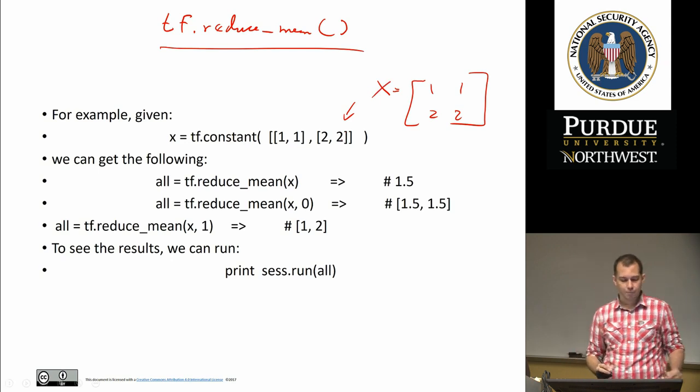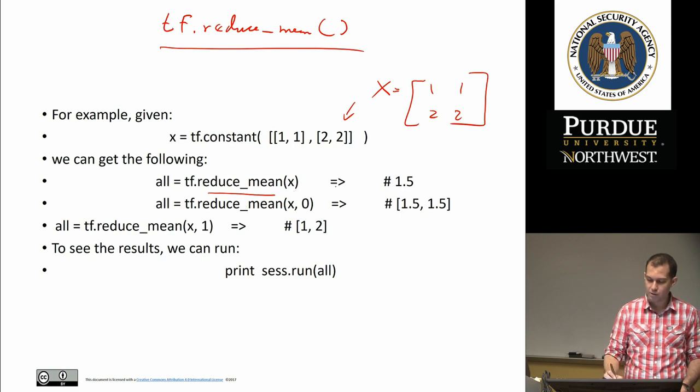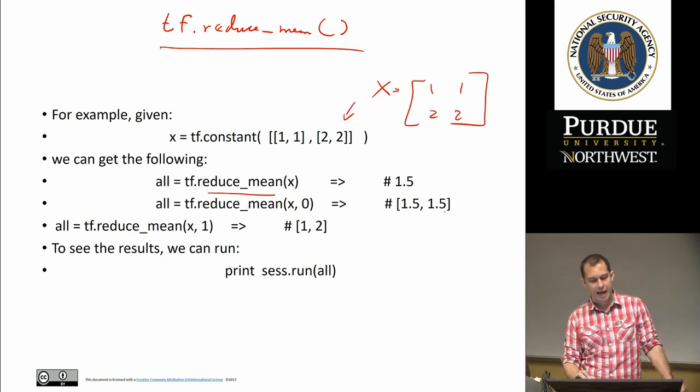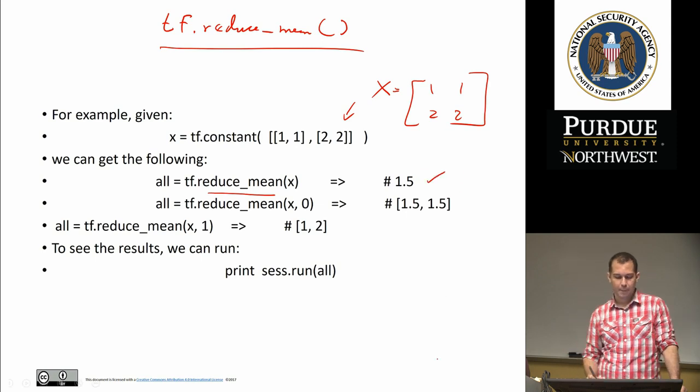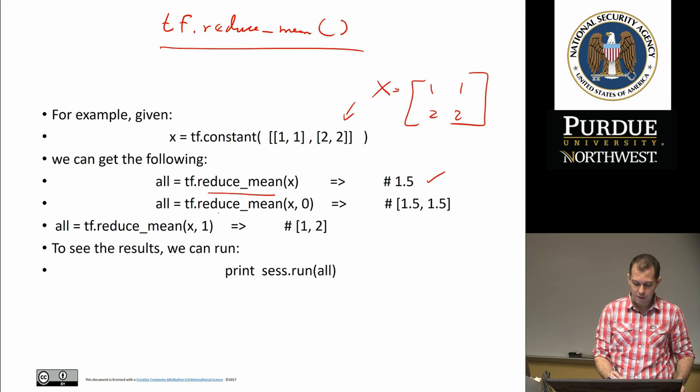All right, so now we can get the following if we applied reduce mean to just the whole x, right? So the definition is that it's going to calculate the mean across all values. So in this case, the mean of all of these would be 1.5. Now, if you want to do it across dimensions, you can also do tf.reduce_mean and then select